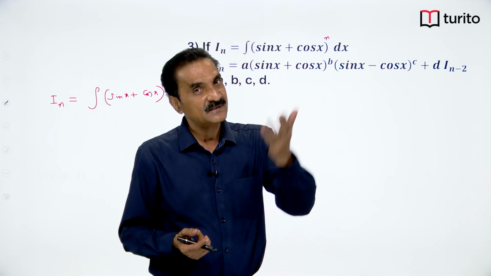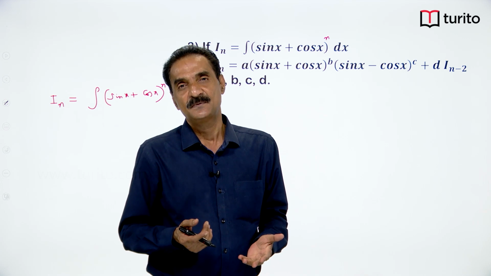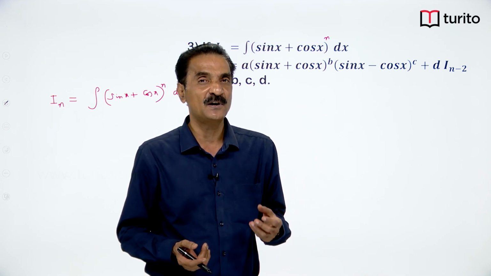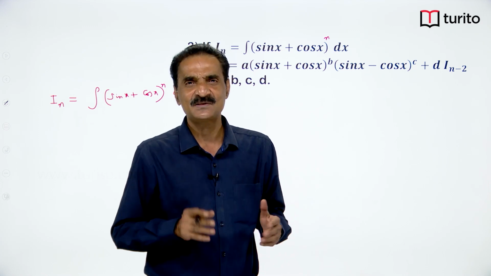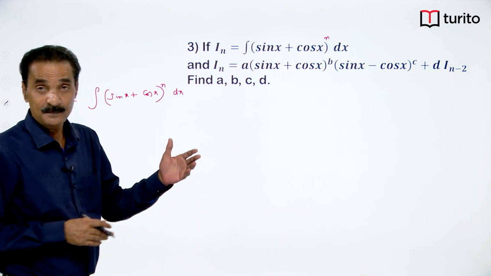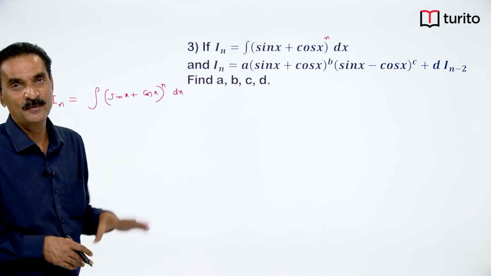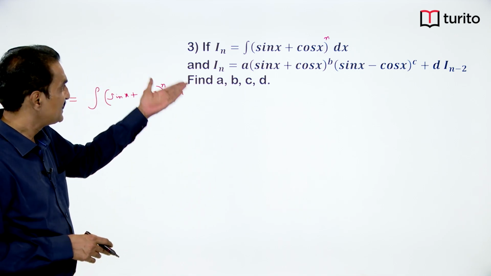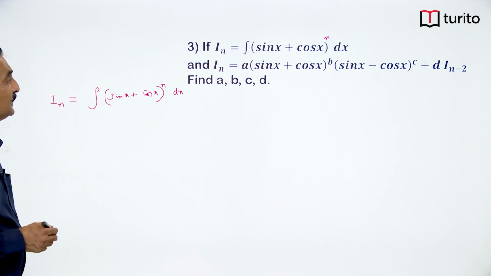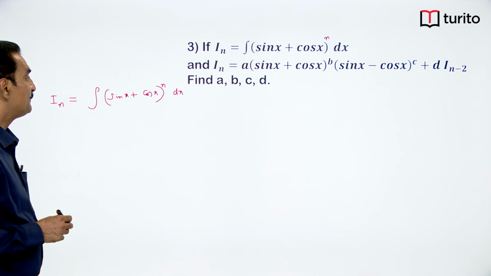Actually, the first 6 reduction formulae, integral of sin power nx, cos power nx, tan power nx up to cosecant power nx, you need to remember. Rest all results are not formulae. Up to the 9th result it is better to remember, but these are just problems. Now, to get the reduction formula,